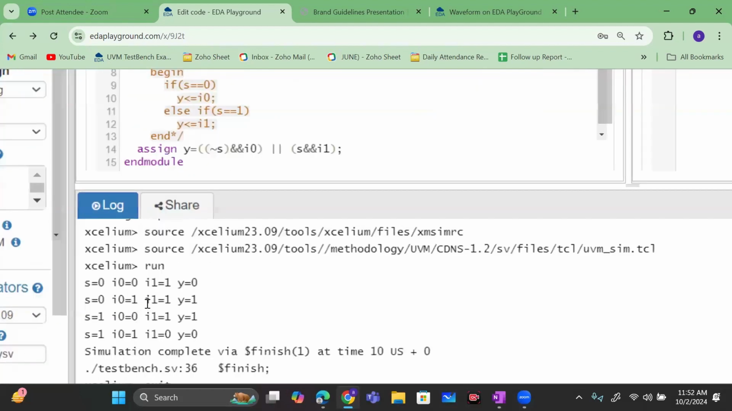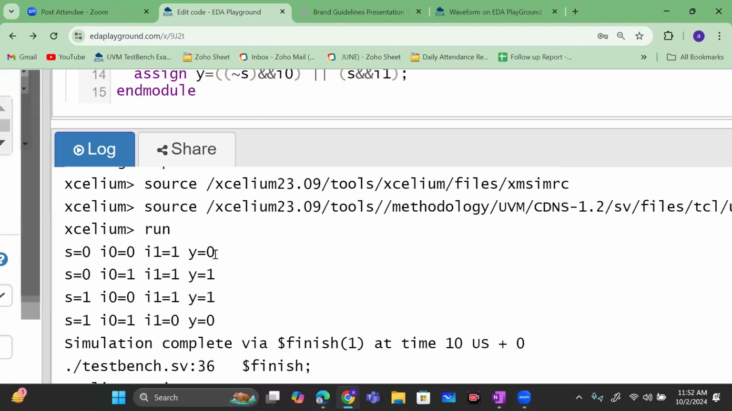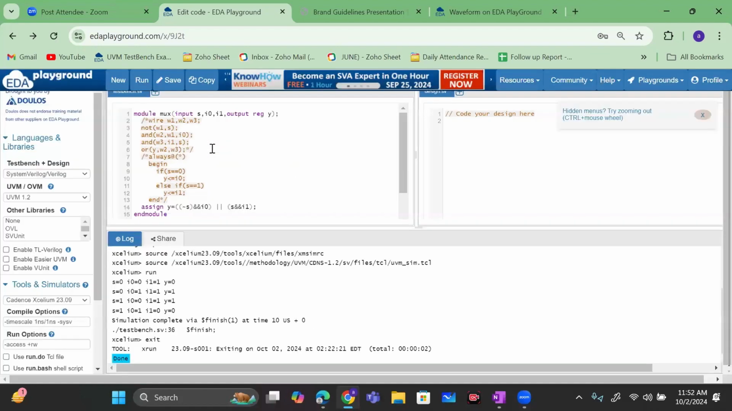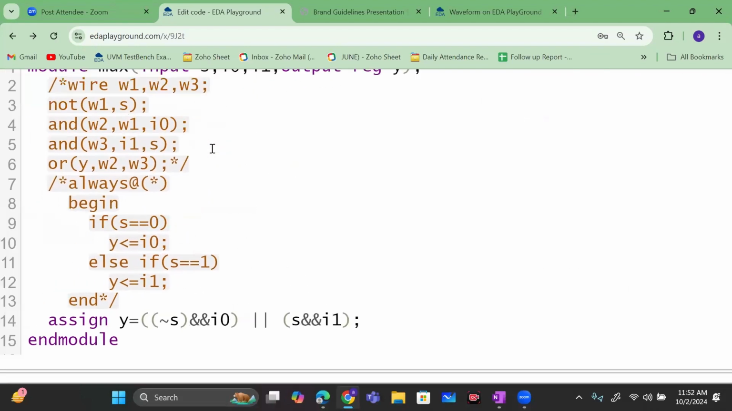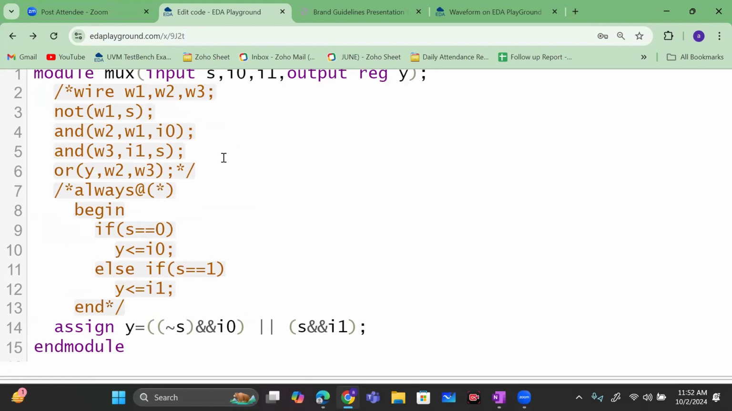So you can see for s equal to 0, y is following I0. For s equal to 1, y is following this I1. So it is not even fixed. You should go either data flow, or behavioral, or gate level. You can have a mix as well. Suppose you have some complex thing, you can write behavioral. You have some direct thing, you can write data flow. You have some gate things, you can write gate level modeling. So you can mix for your easiness. So that much of features is provided by